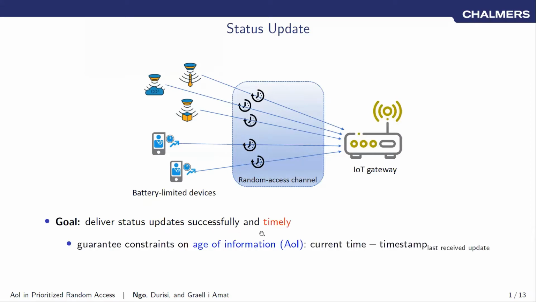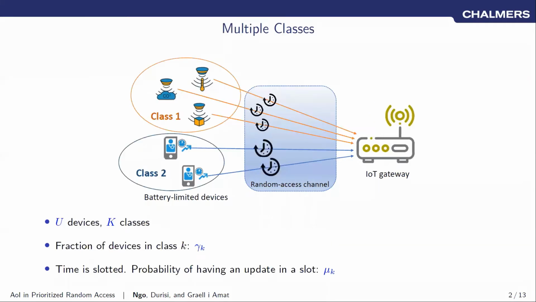So we want to guarantee some constraints on the age of information, which is the offset between the current time and the timestamp in the last received update. On top of that, we also want to minimize the power, and here we use the number of transmitted packets to determine the power. Furthermore, we assume that the users are divided into different classes with different requirements in terms